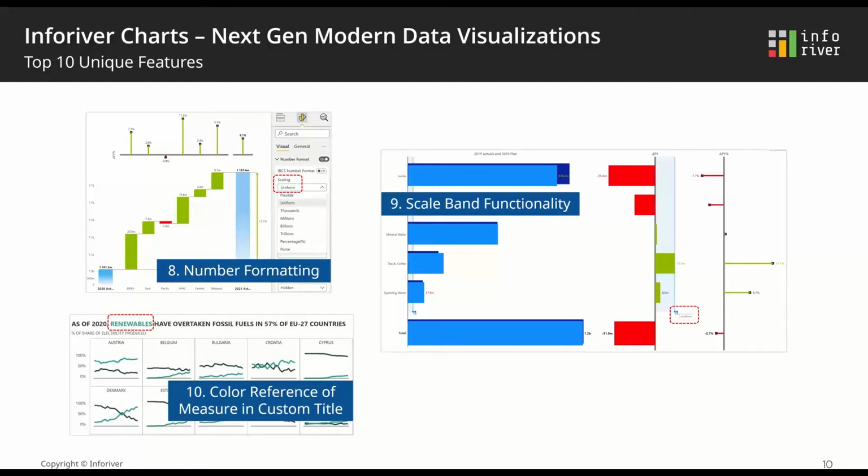Scale band is an international business communication standard, a very advanced concept where you are able to see the relative variance of, okay, how big is my variance? Because let's say I'm making $1 billion of revenue, a 1 million variance, maybe I want to show it very clearly, but how does it really measure in terms of my actual? So you get an idea when you are looking at a multi-measure variance, you are able to see that. It's a pretty advanced but very useful concept when you are looking at the actuals with respect to the variance